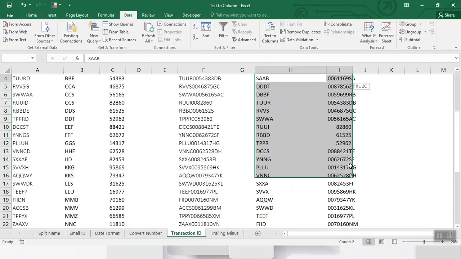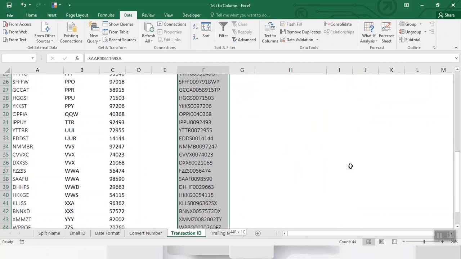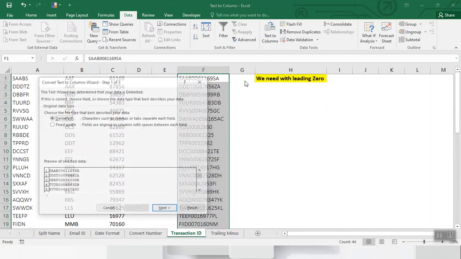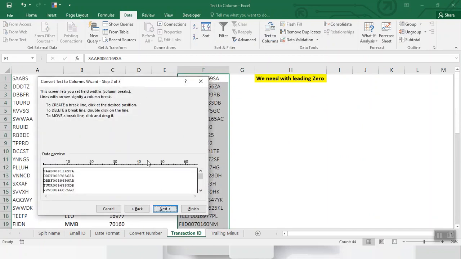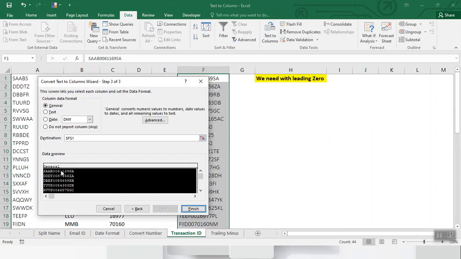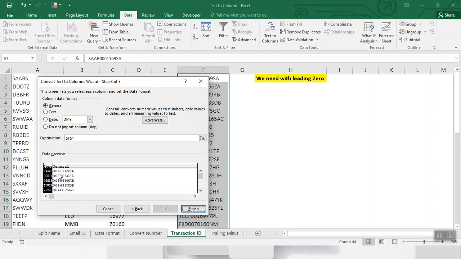Let's delete this. Go to dataset, text to column, fixed width, next, and then this, go back, select arrow, next, and now it is showing general.